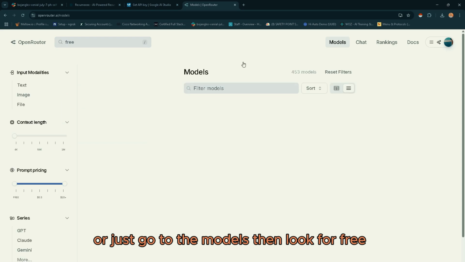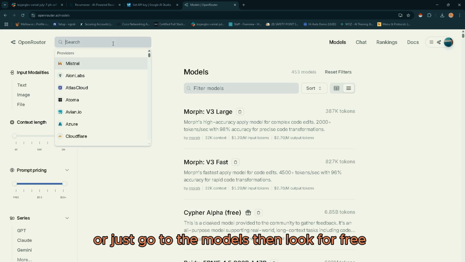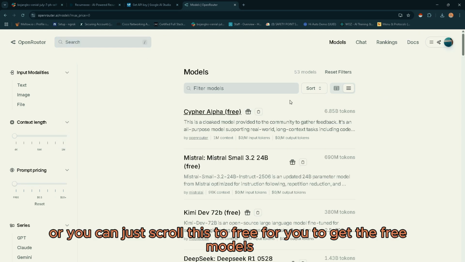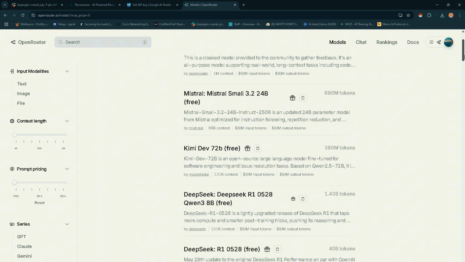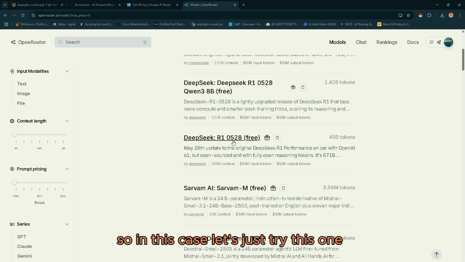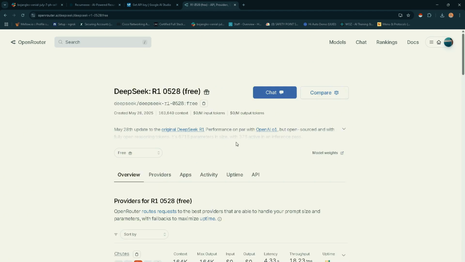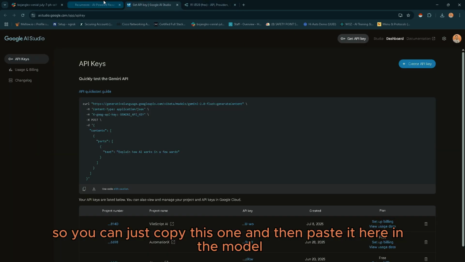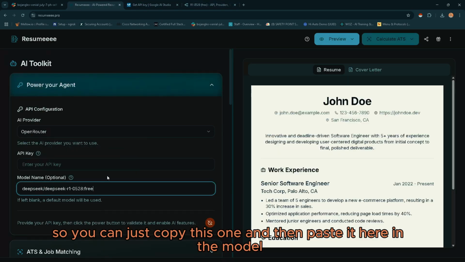Just go to the models, then look for free, or you can just scroll to free to get the free models. In this case, let's just try this one. You can just copy this one and then paste it here in the model.